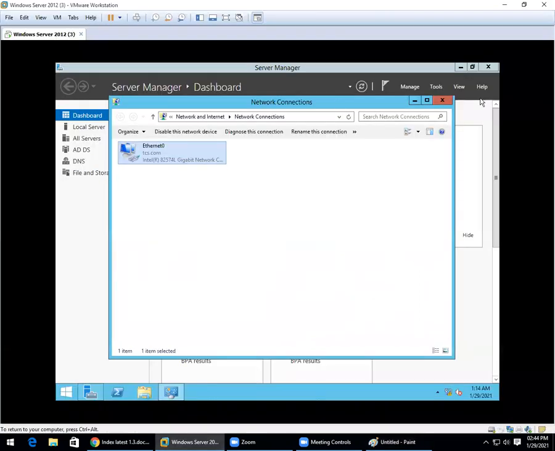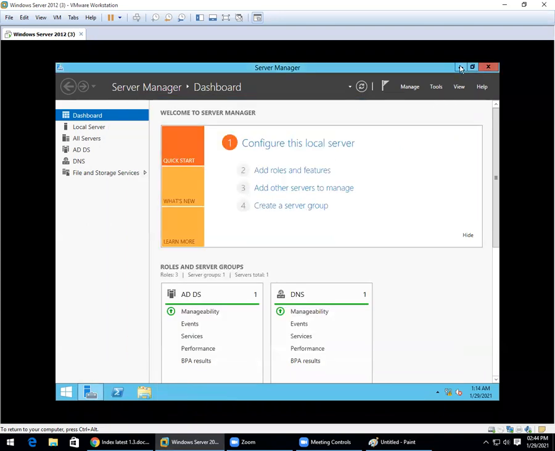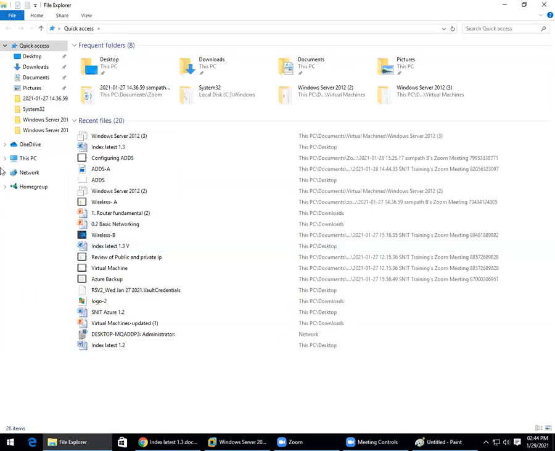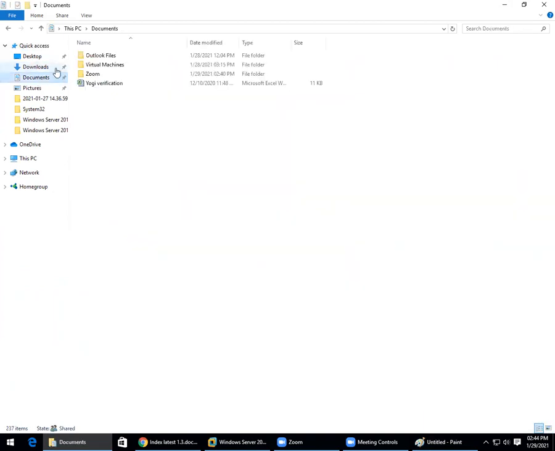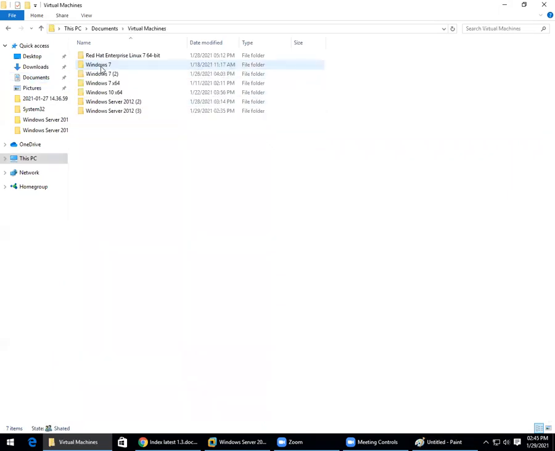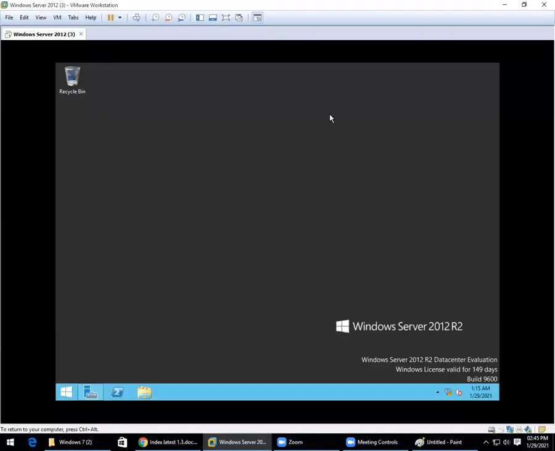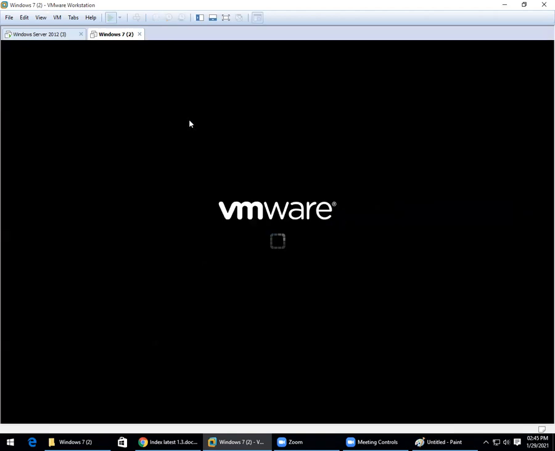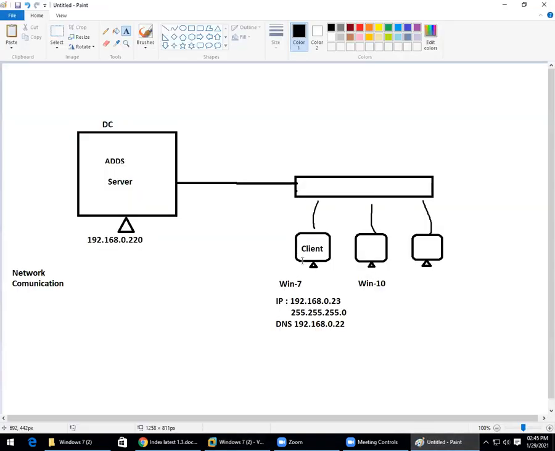As I'm using VMware, we have a feature that lets us run different operating systems simultaneously, based on your RAM requirement. Let me check it. Which one do I have to take? Last time we took these two, right? In the same PC, we run the server and also a client operating system. So this is the client one I'm trying to take. Next, I'll check the communication by assigning the IP address.